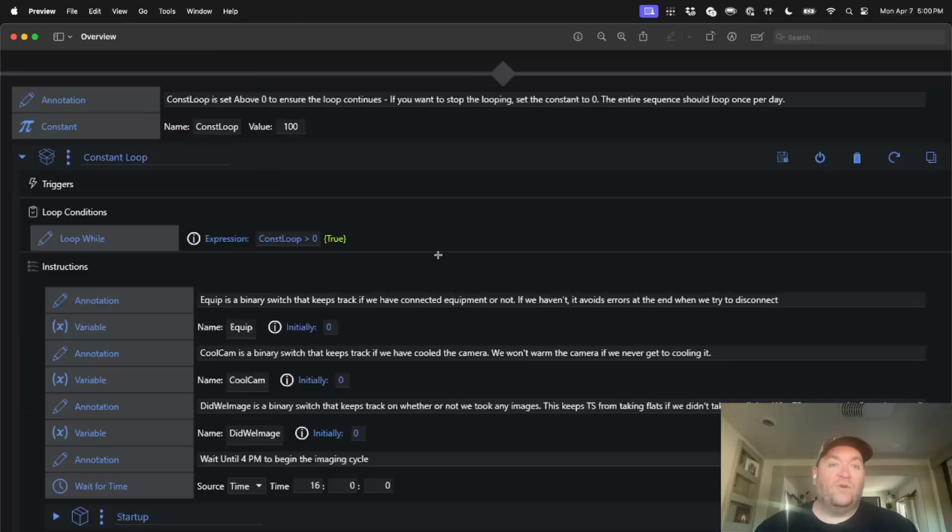I'm sure there's a number of creative ways to do this. This was the simplest to me from a programming mindset. It just makes sense. Set a variable that never changes and just check that condition every time you want to loop. Now, some of the other things I have going on here,